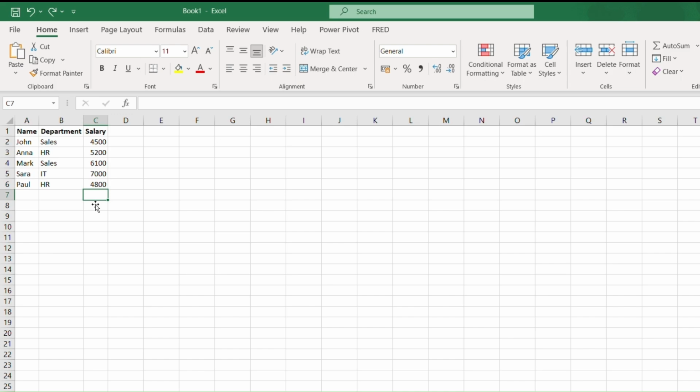Hi everyone. In this video, I will show you useful shortcuts in Excel. Let's get started. To use the AutoSum shortcut, we need to click the cell below and press Alt and plus buttons